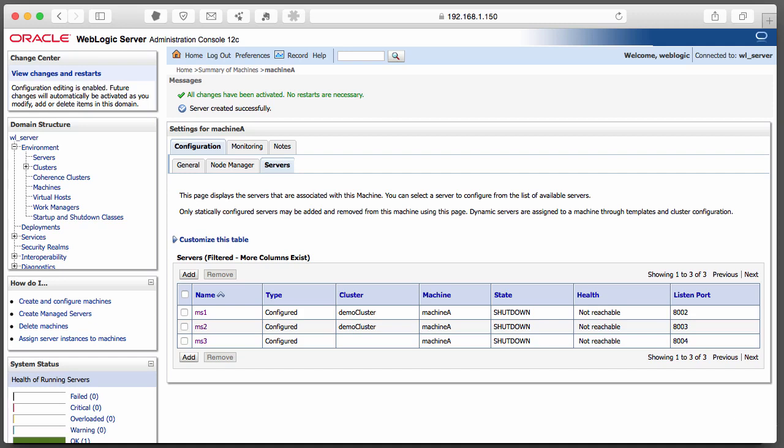So a Node Manager starts up the admin server. It doesn't necessarily use the start WebLogic shell script. It needs certain properties defined in separate property files. So what we need to do is issue some commands using WebLogic Scripting Tool to generate these